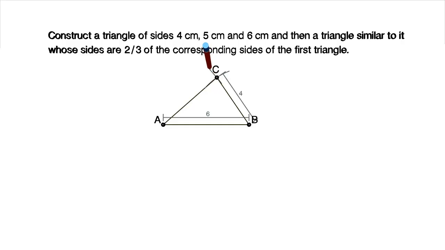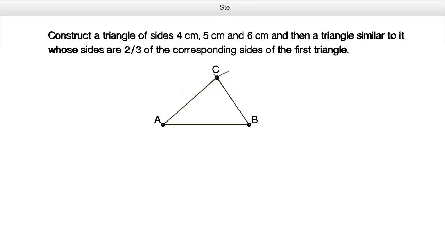We need to draw one more triangle which is similar to the triangle that we have got now. Let us start with the very first step of constructing the similar triangle. Draw a line AX which makes an acute angle with the line AB. What do you mean by acute angle? An acute angle is nothing but an angle less than 90 degrees. So draw a ray AX which makes an acute angle with the line AB. It can be of any measurement, but it should be an acute angle.